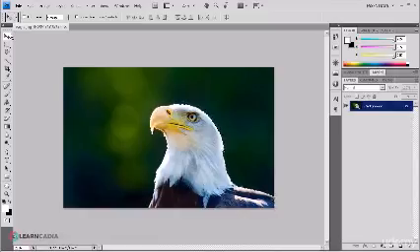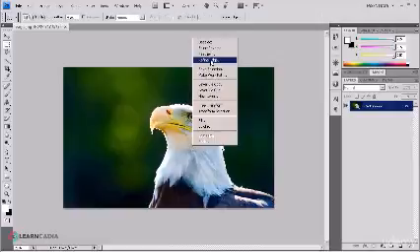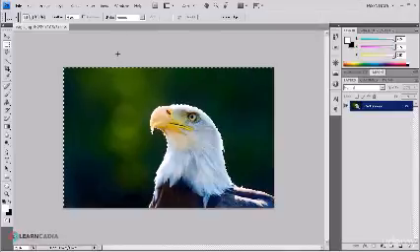Hello again, guys. Now in this lecture I am going to show you how to refine the edges of your selected image. In the previous lecture we already finished selecting the image using the quick selection tool, and we already selected the select inverse. As you can see, there are dots outside the selected image, and it shows that the selected area is the background. Okay,